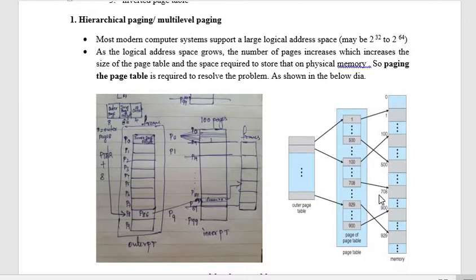The same diagram over here, in which the entire original page table has been divided internally into several smaller pages, and we have an outer page table representation for these smaller tables within the inner table, where the entries of this outer table are the base addresses of the inner tables. When you get into that, it gives the frame number in which this particular page is present. Go there and fetch the content from that page table.